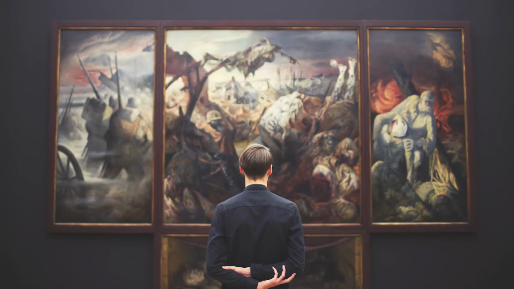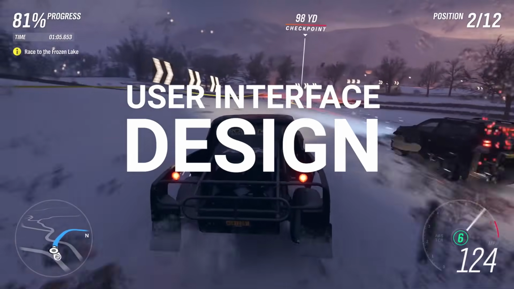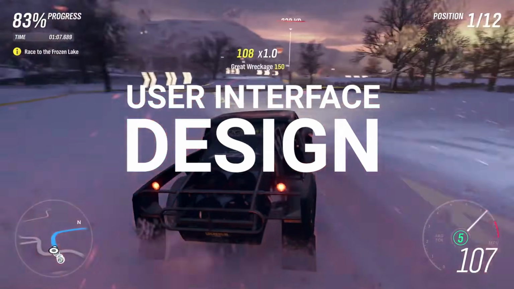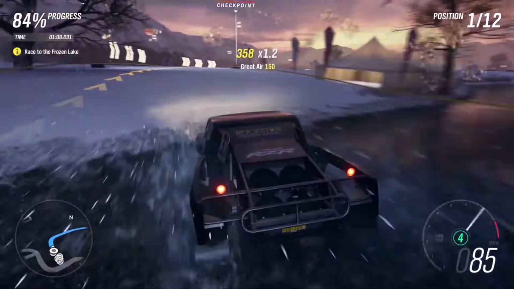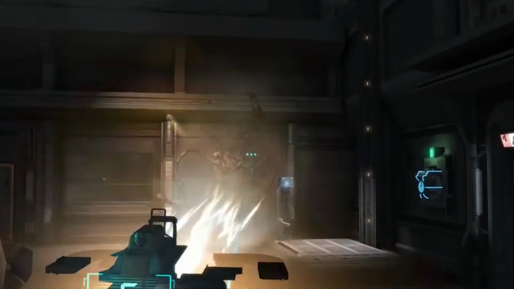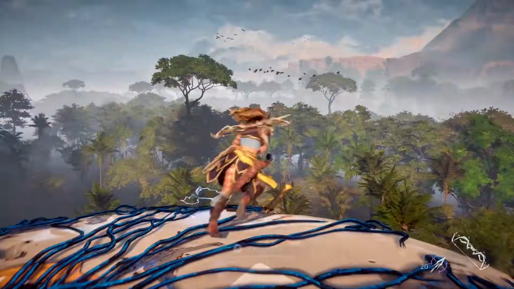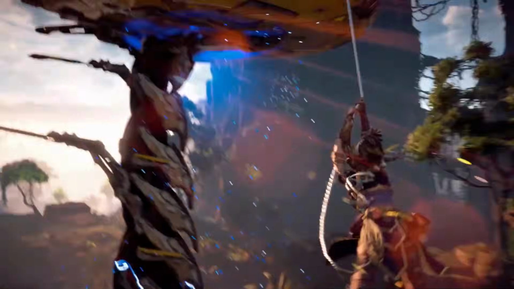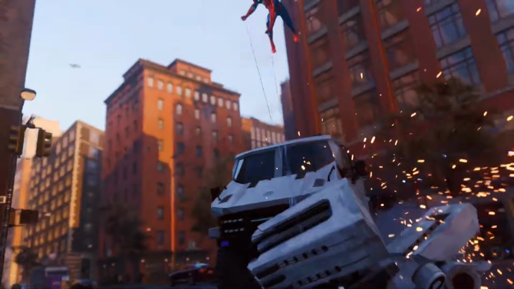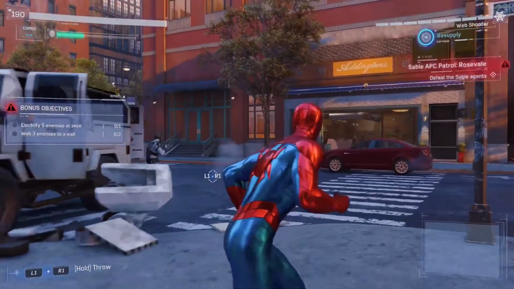Most artwork is made to be seen. Most design work is there to solve a problem. UI design is an amalgamation of the two. It's supposed to solve a problem, and you're never supposed to think about it. Some games get this exceptionally right, some games get it exceptionally wrong, but ultimately it is the one thing that unites every single game.